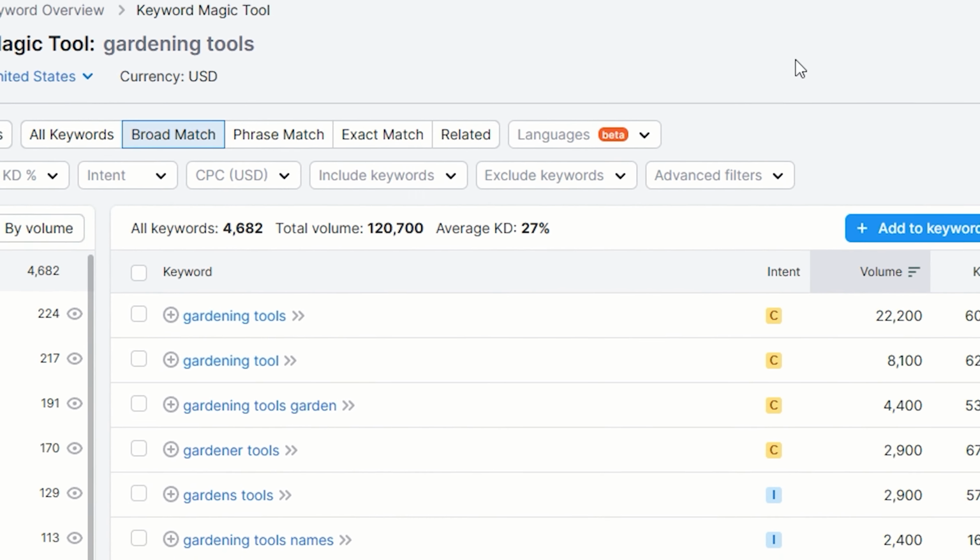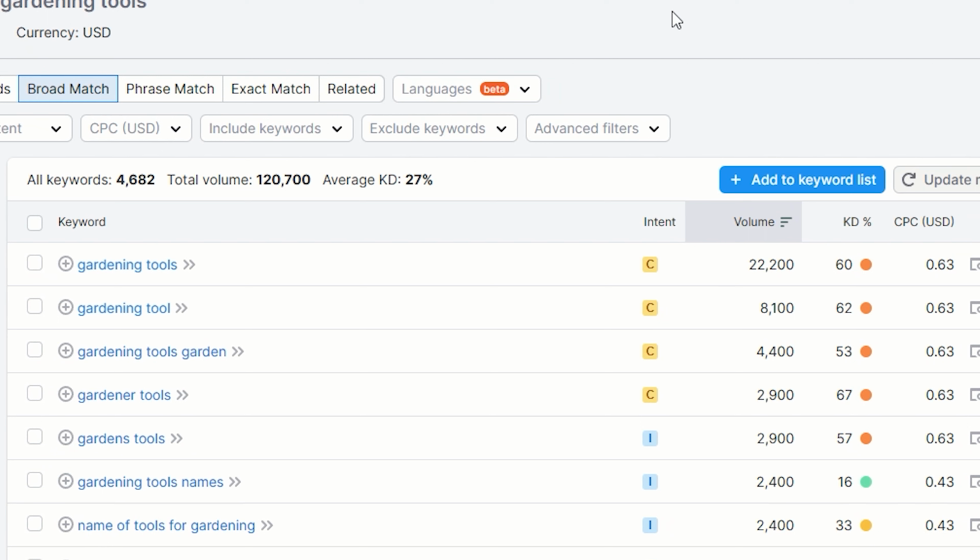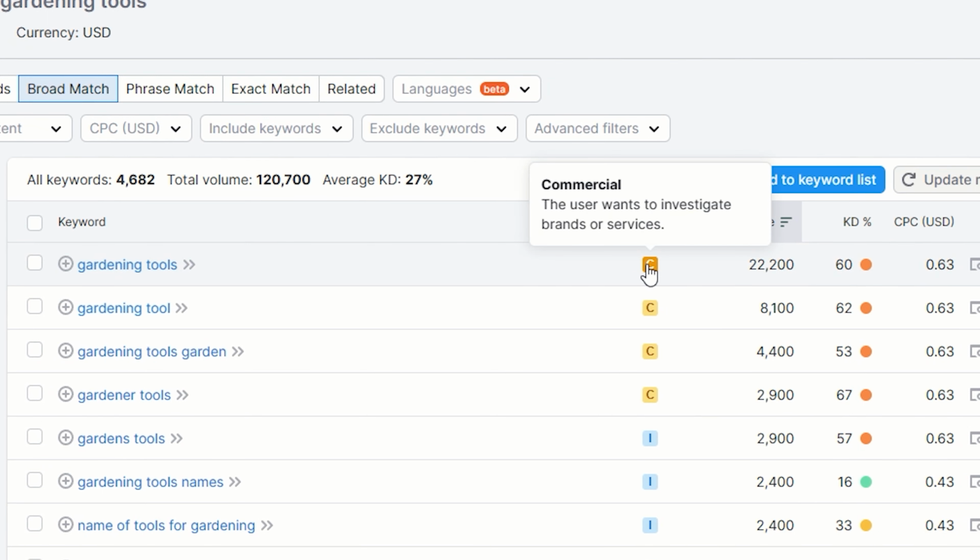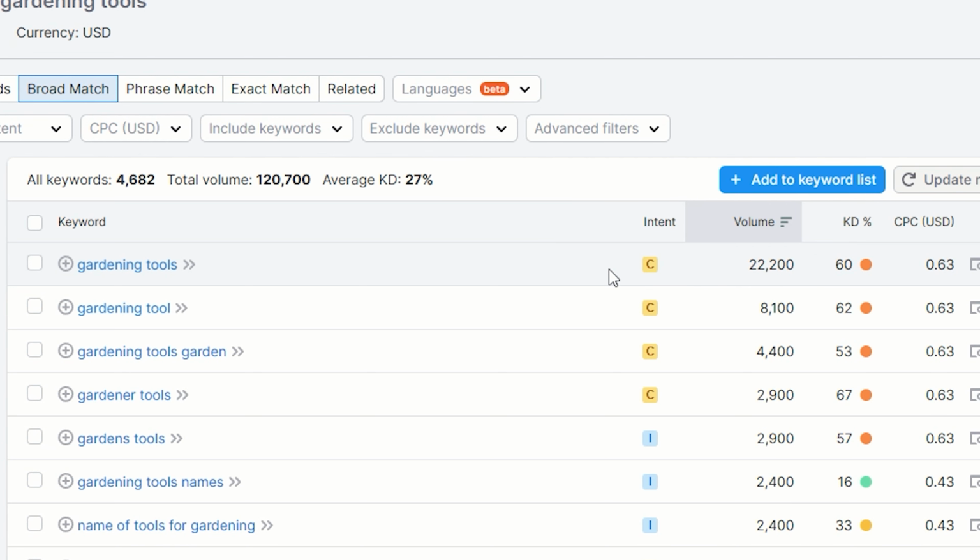What's really cool about SEMrush and some of the other paid tools is it will give you the intent of the keyword. We're going to talk about this a little bit later in the video, but this will help you to understand what kind of content to build around that keyword to get the most traction. It's going to show you the monthly volume that it can get,